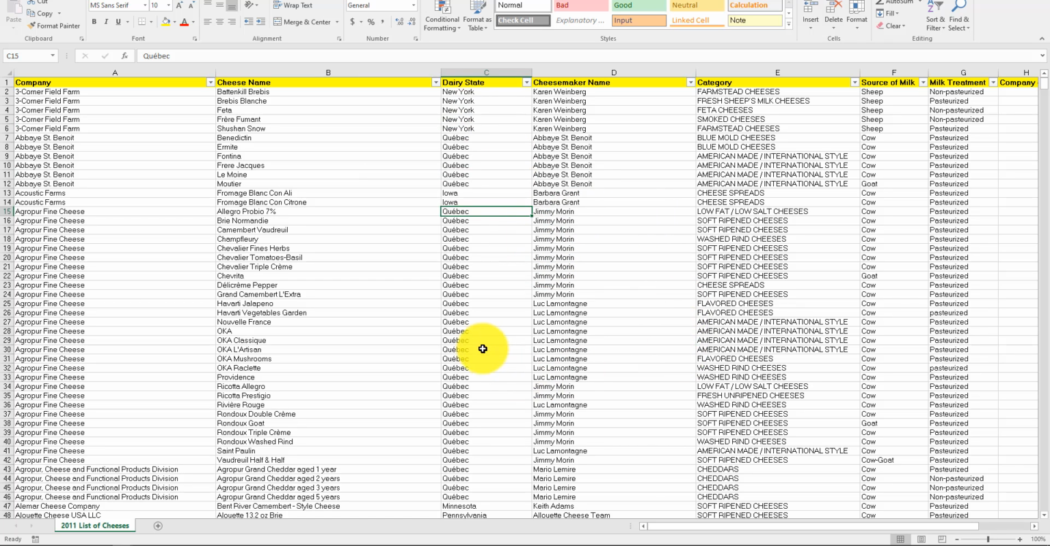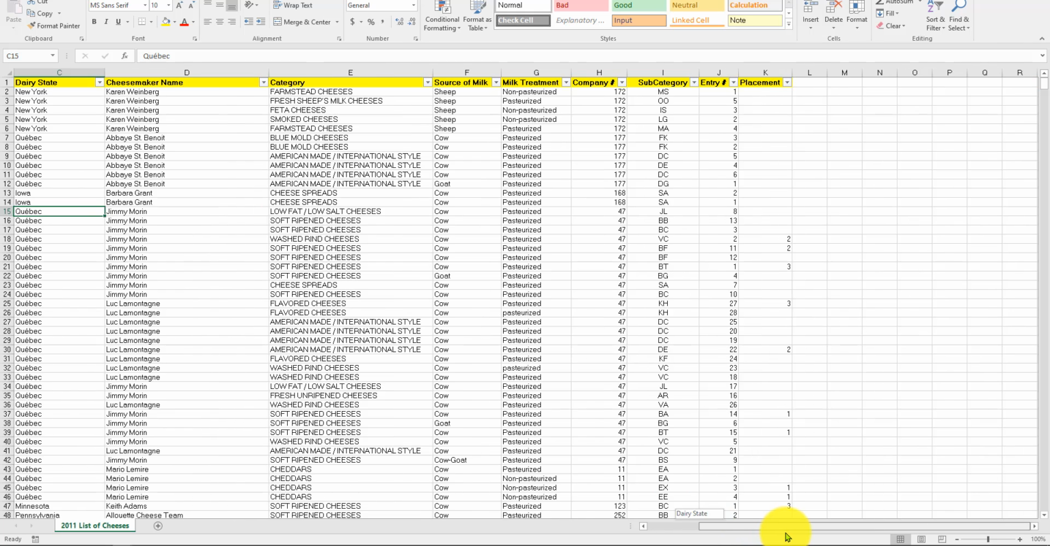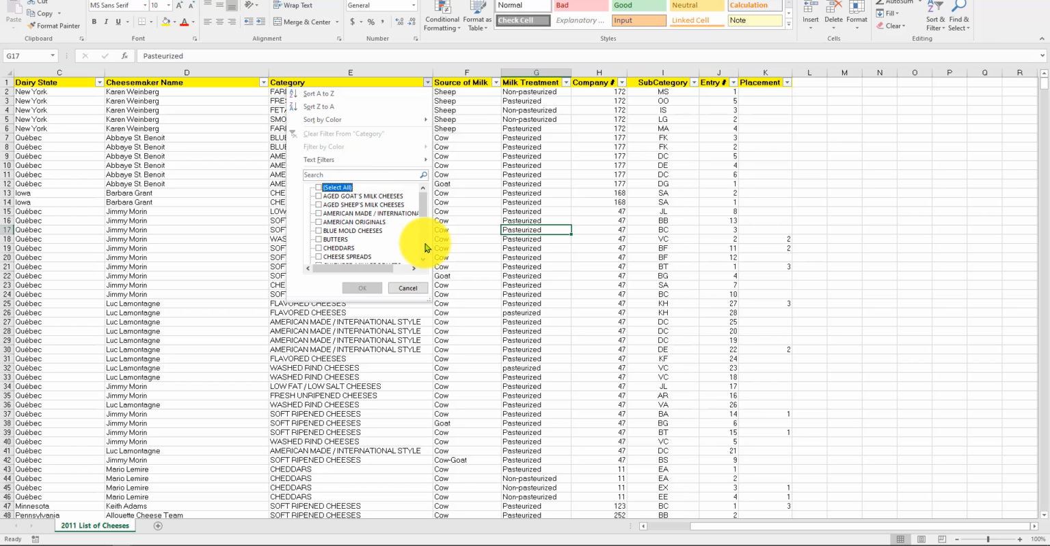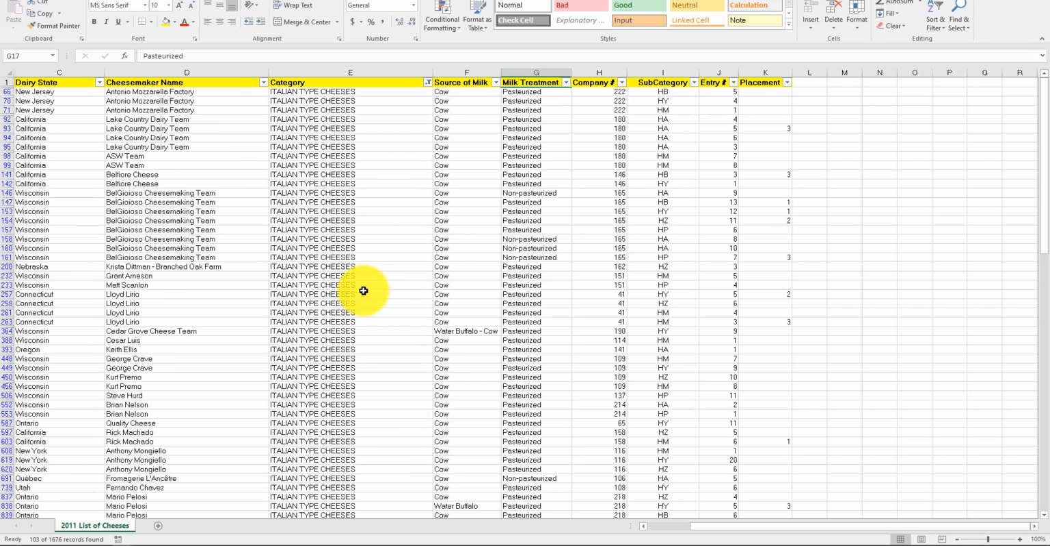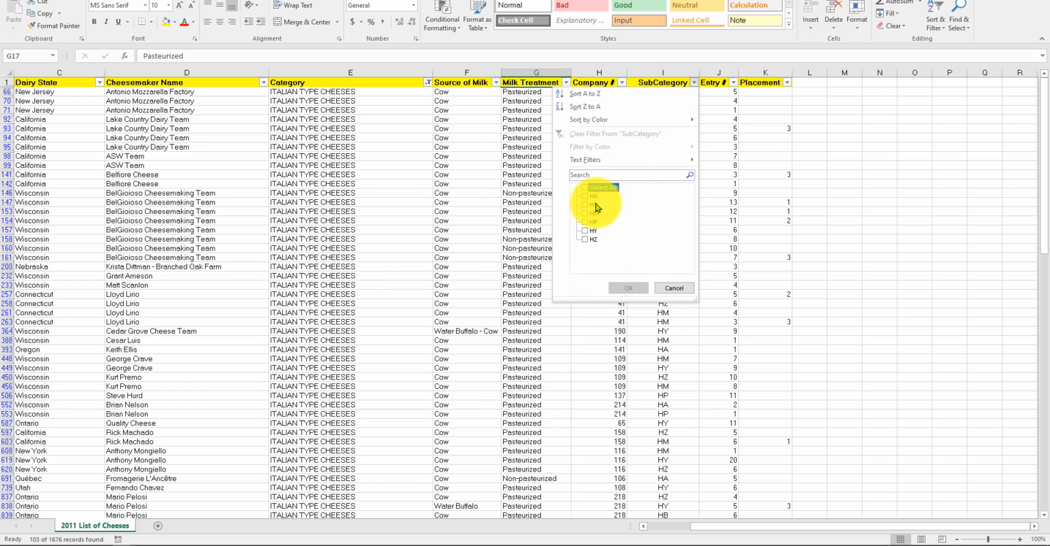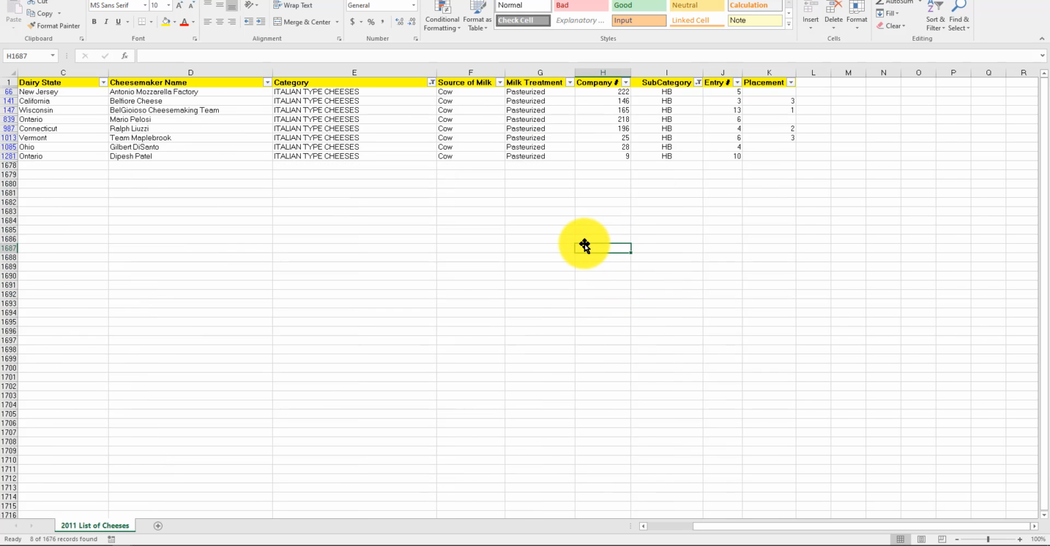State, does a particular state, province, etc. have any predictive power? And vice versa. Now, one thing that I will also show you is we can go to our categories such as Italian cheeses, Italian type cheese, and we have 103 out of 1676. But within that group, there's a subcategory, several subcategories. Let's go to HB. And now we have Italian type cheeses, cow, pasteurized, whole bunch of companies, HB, entries, not placements,